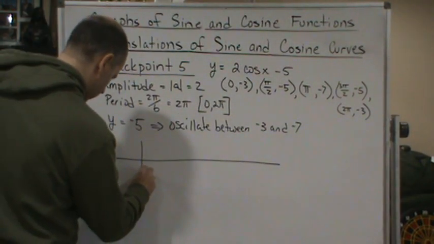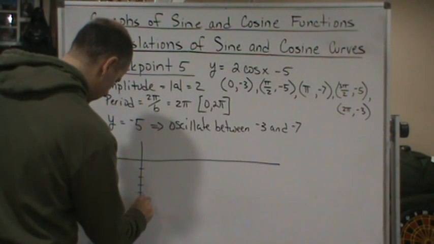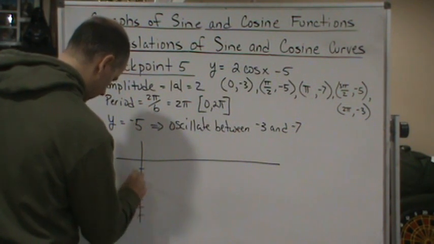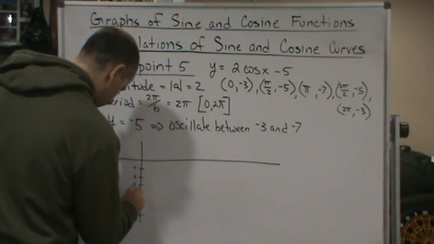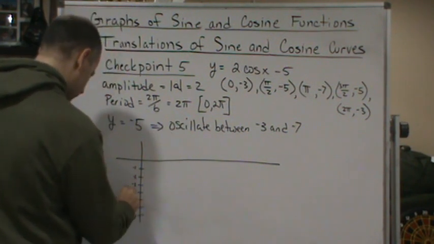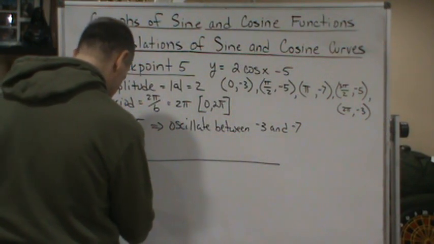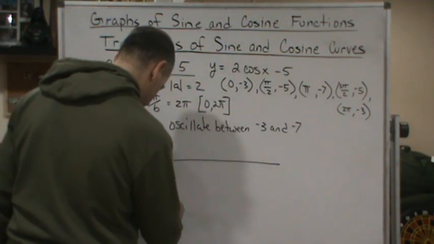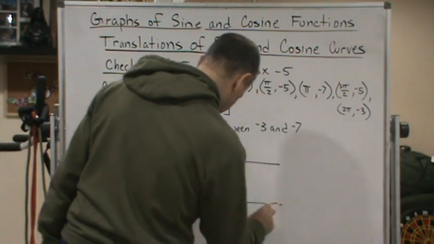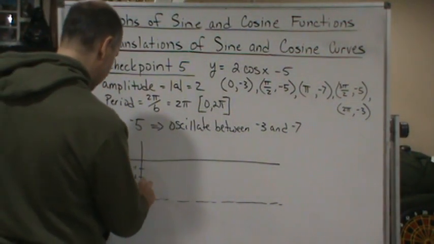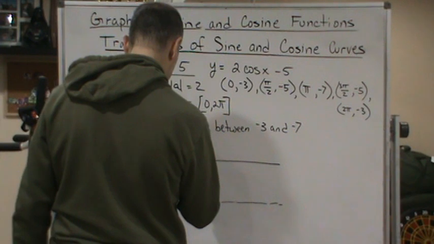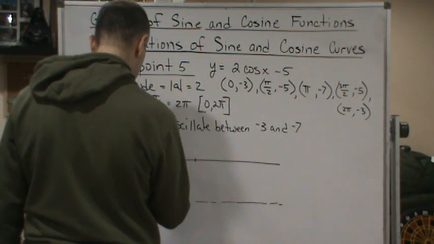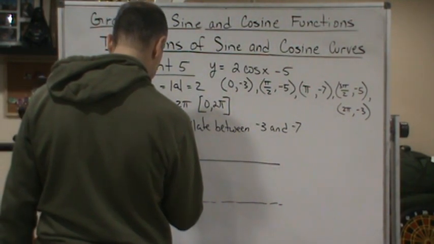And of course, if we sketch the graph, we could just count 1, 2, 3, 4, 5, 6, 7, right? Okay, so let's do the dotted line, just so we know where it's bouncing. And then now it's going to start at negative 3. Oh, oops, let's put our 1, 2, 3, 4. So this is going to be pi over 2, pi, 3 pi over 2,